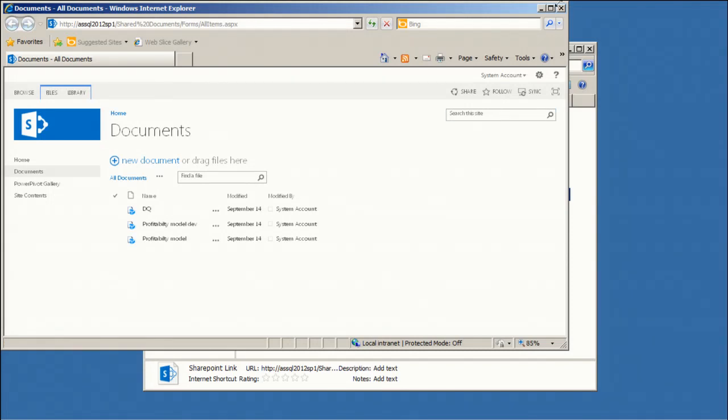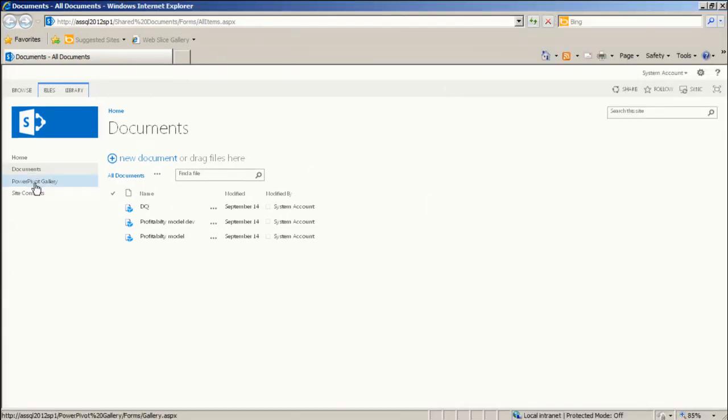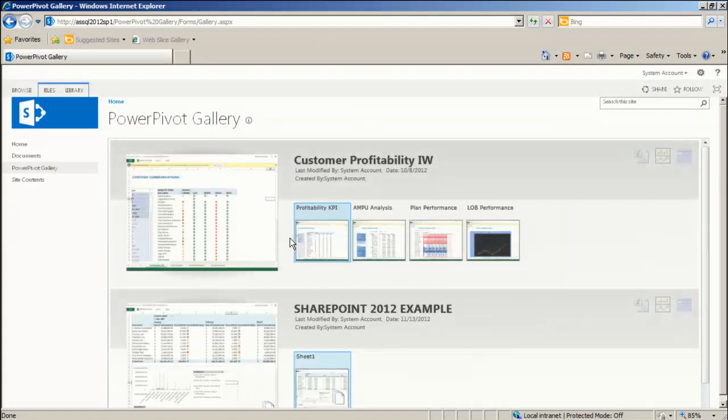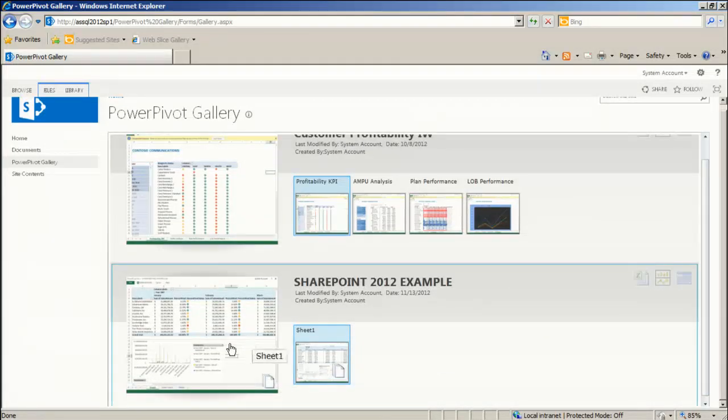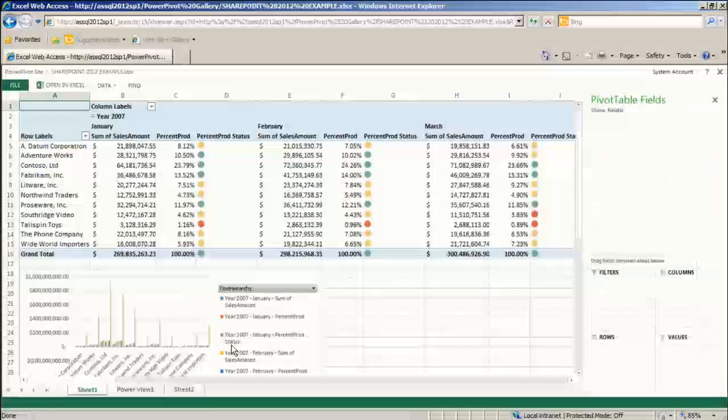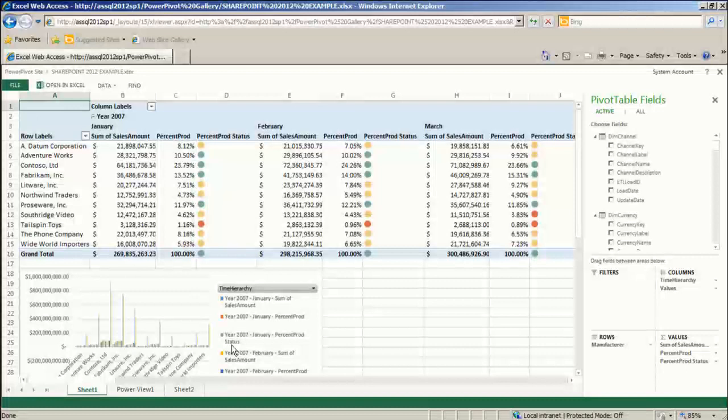And there's 2 ways in which things can get added to SharePoint. I can either simply add my Power Pivot workbook directly to the Power Pivot gallery. And you see right down here, I loaded this up last night because it takes about 10 minutes, I think, to load it and for it to start coming up. But you'll notice here, if I click on this, I have now an Excel Web Services UI that allows me to work with this